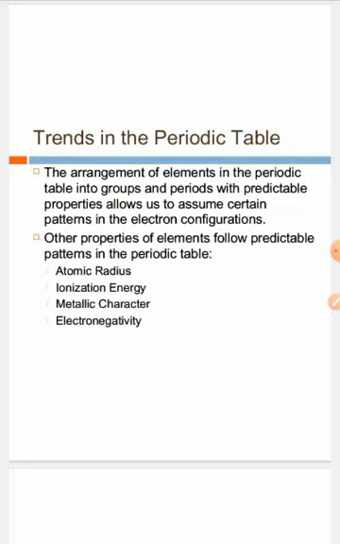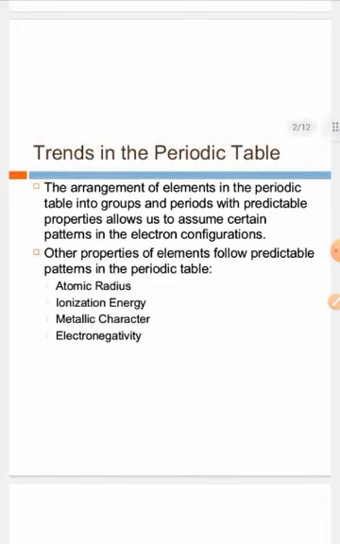We know that in the modern periodic table, the elements are arranged according to their increasing atomic number. Due to this increase in atomic number, the configuration also keeps on changing, and the valence electrons vary in a pattern. Due to this change in valence electrons, we can see a regular pattern in properties like atomic radius, ionization energy, metallic character and electronegativity, because all these properties depend on the valence electrons. So let us see how these properties vary along a row and down a group.